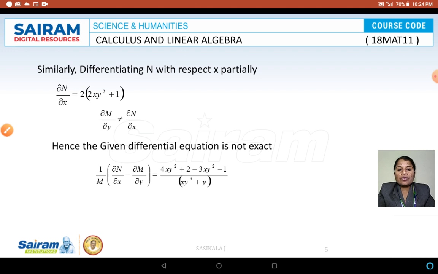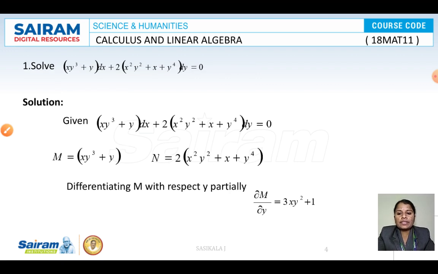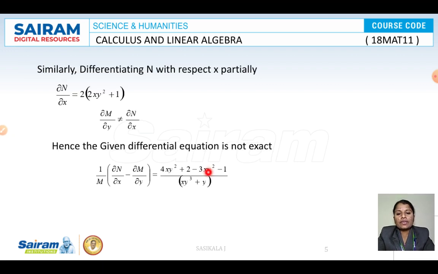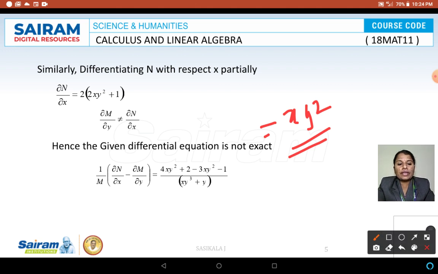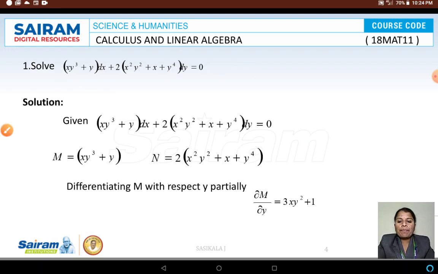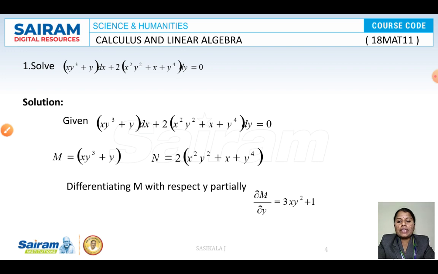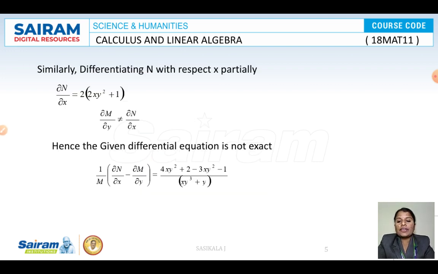We'll check it. So what is that? You will have a term here, 3xy squared minus 1 only. Just cancel. You will get the term minus of ∂N/∂x minus ∂N/∂x, so minus x of y squared, x into y squared we will get. Which is nothing but, you can check what is your M, what is your N. Similarly, you can check which is near to M or N. So most probably it's near to the M case.